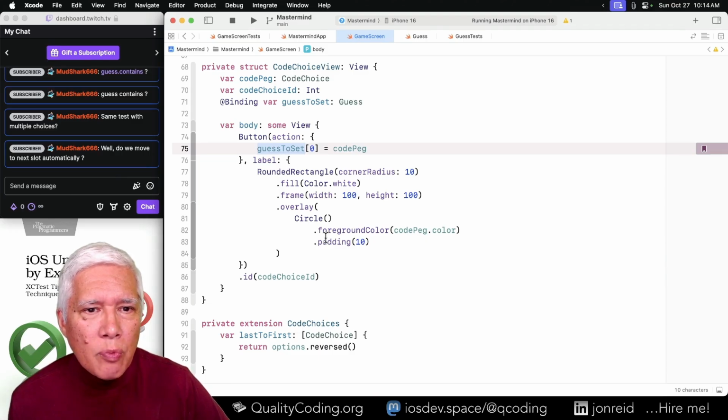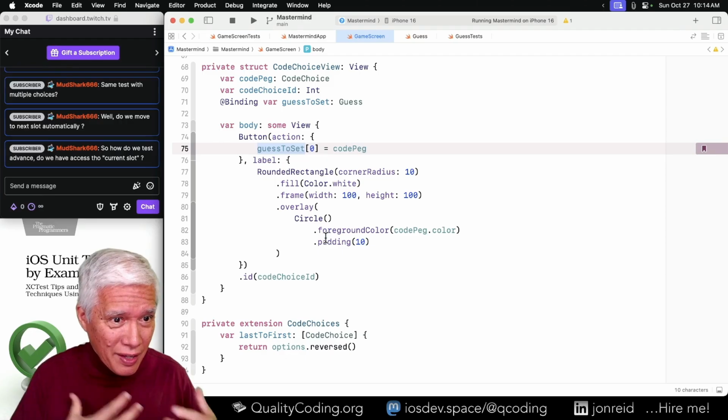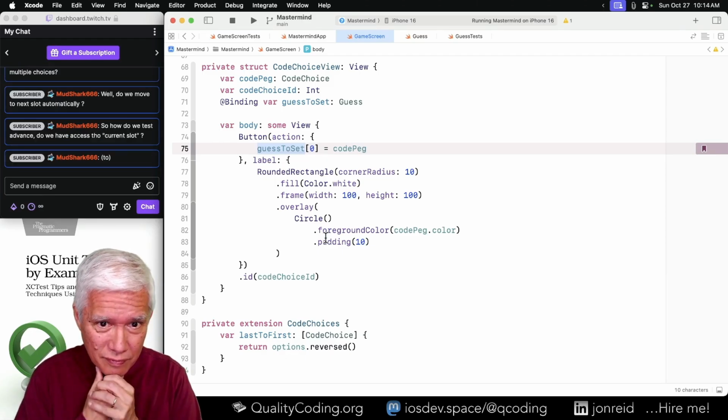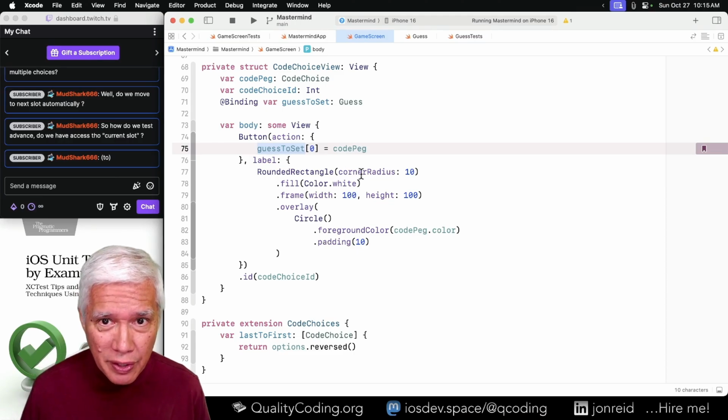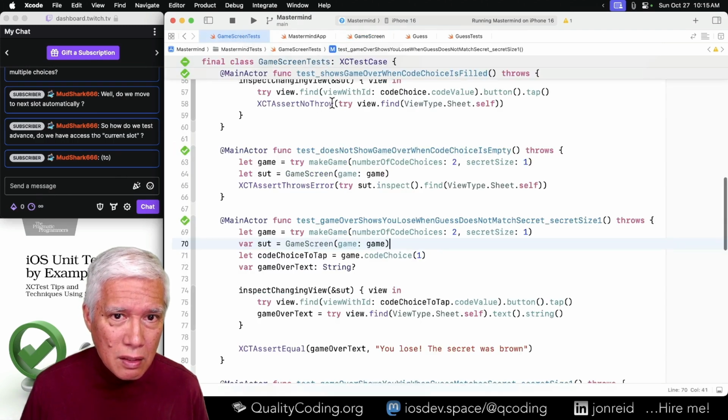We need a sense, a model thing of advancing. But we should be able to start driving this with a test. What test?